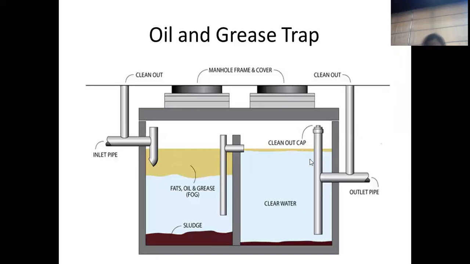But after the next chamber, there will not be a chance for it to move out, because with time the temperature of the water is getting down first, and at the same time the water becomes very stable, and both these phenomena will help to separate the oily and greasy material from the water, and then the pure water will move out through the outlet pipe, is it? So this is nothing